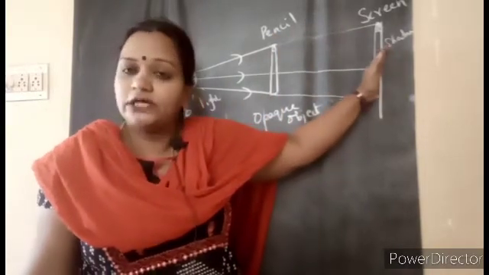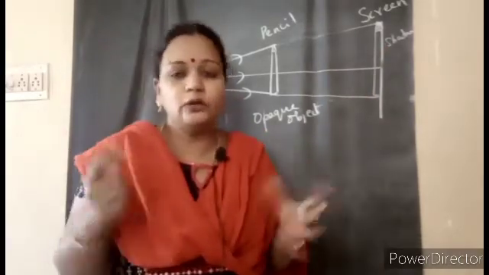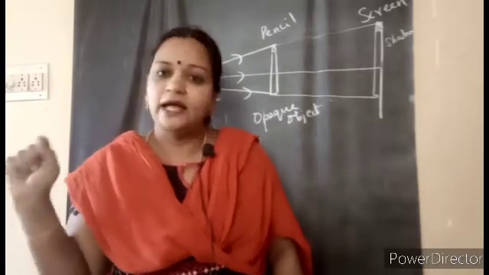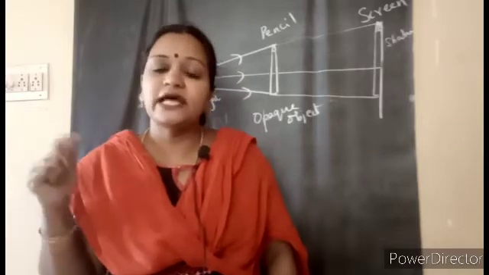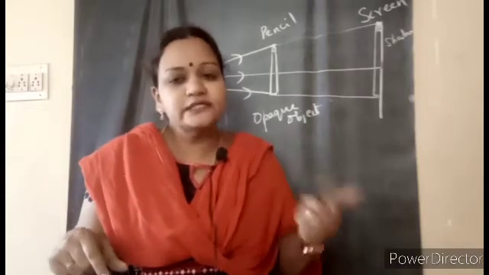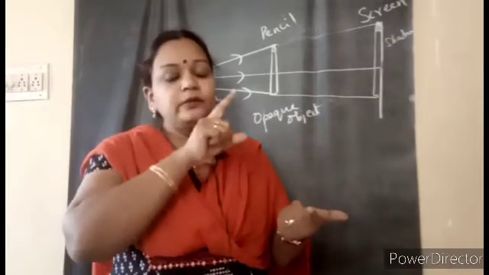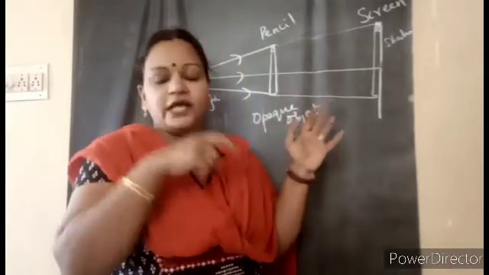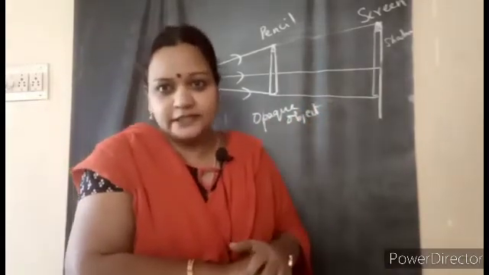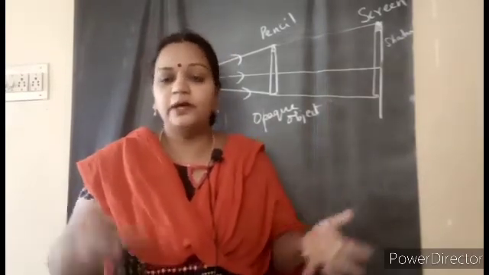What is the color of the shadow? It is black. Shadows give the outline of the object, but from that alone we cannot come to a complete conclusion about what the object is. What else did we learn? The size of the shadow becomes bigger or smaller depending upon the distance between the source of light and the object, and also the distance between the screen and the object. By increasing and decreasing these distances, you can see how the size of the shadow changes.